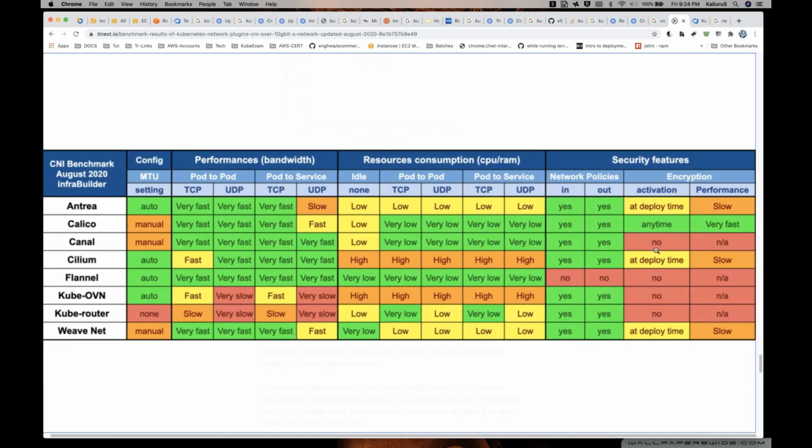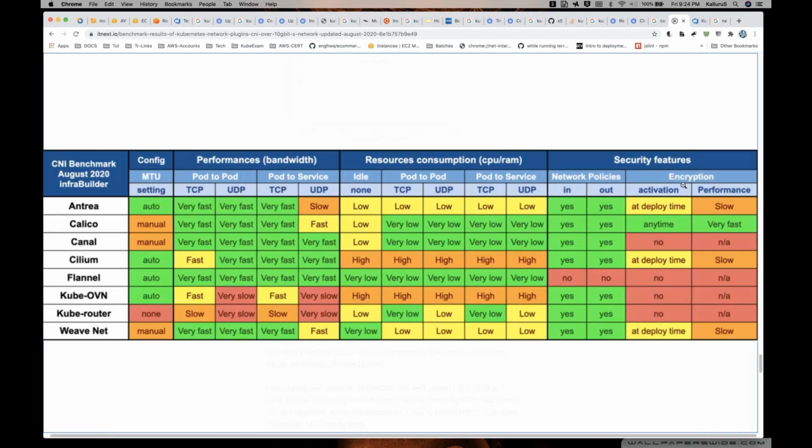So the next one is encryption. Encryption time, you have activation anytime you can do, and it is very fast. Even if you keep it on auto, if you want a little bit more performance, you can go from auto to manual, set some custom value, and achieve that. But overall, if you take the overall one,